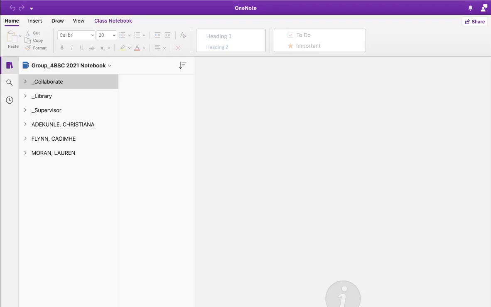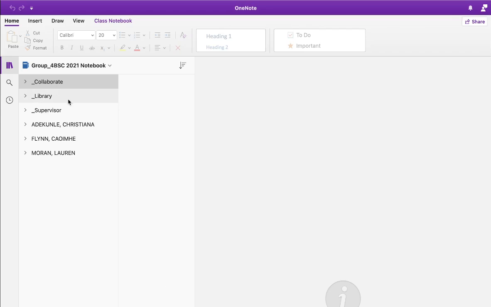Now, I've switched to the desktop version of OneNote, which, as I mentioned before, has some additional functionality that you can't get either in the web version or within the version that runs within Microsoft Teams. Although you can do most of what I will do today, just a few little bits that you can't do within Microsoft Teams. So the first thing to look at and to remind ourselves is that we have a set